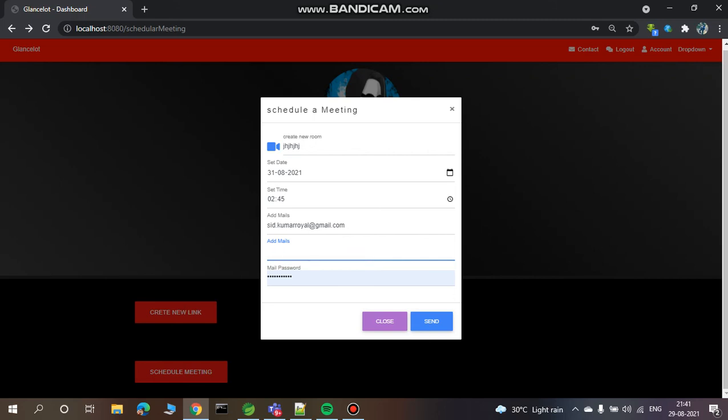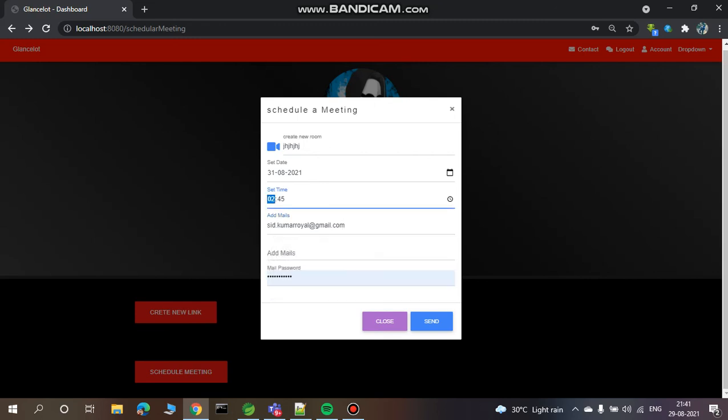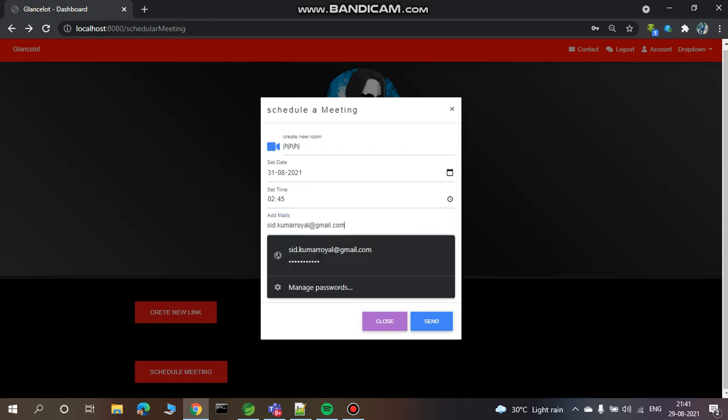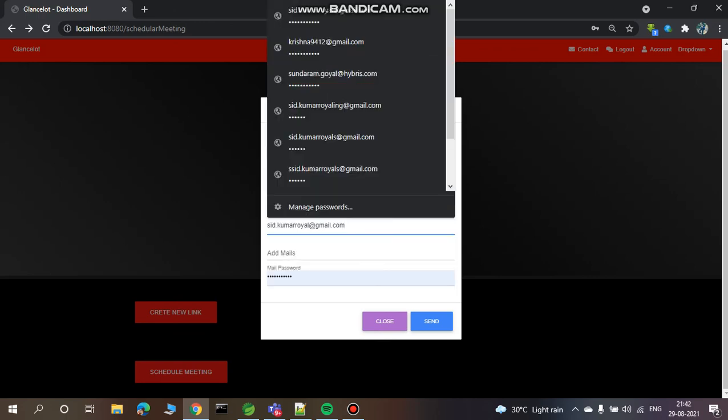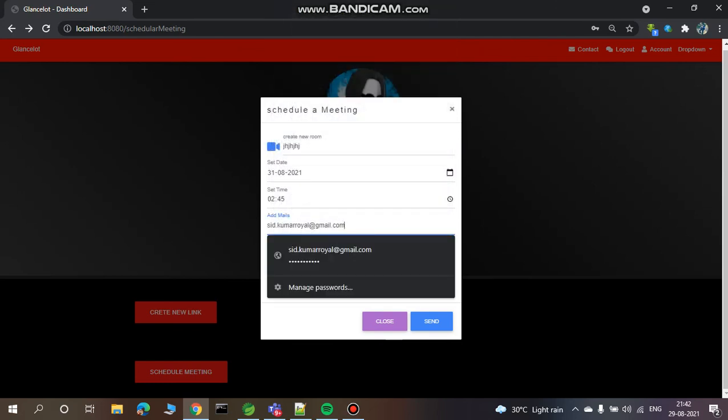You can commit the code. Let me know in the description if there's a problem with this code or you are not able to send the email, because this has some serious issues. Like Gmail doesn't allow any application just like that to send the email. So you need to do some configuration and disable third-party or two-step verification from your Gmail account. Then only you will be able to send the email from your account to other accounts.